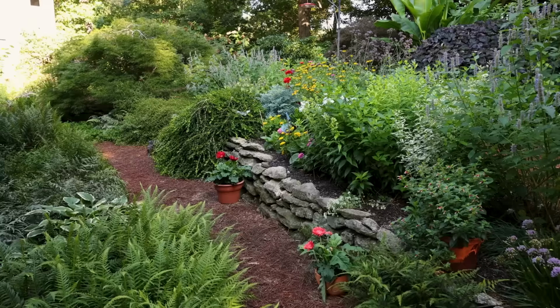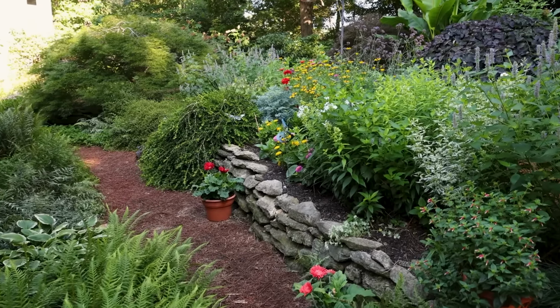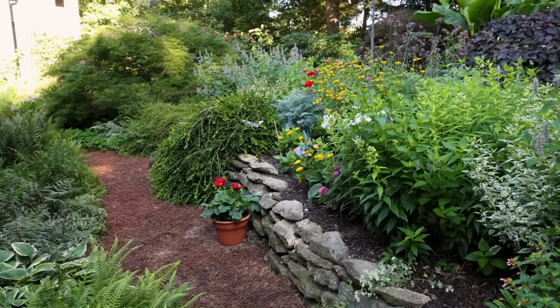This wall really created this terracing effect. It did. And we can see down. I've got different angles. We'll have Steph shoot some B-roll down in there. You can see different angles because of the